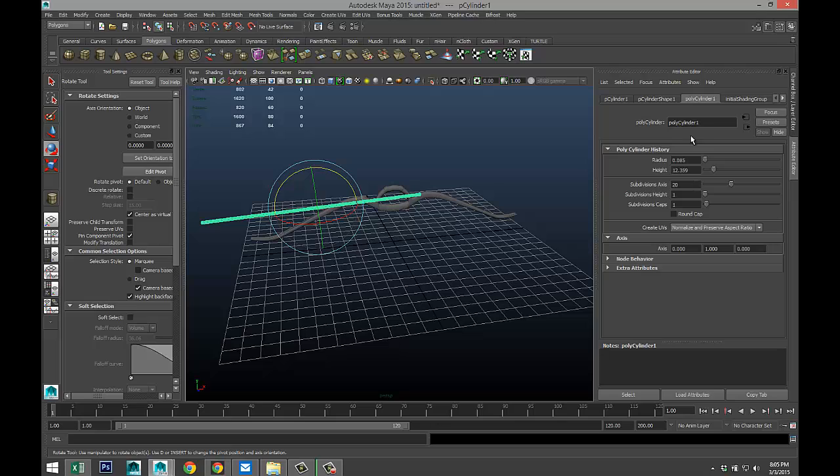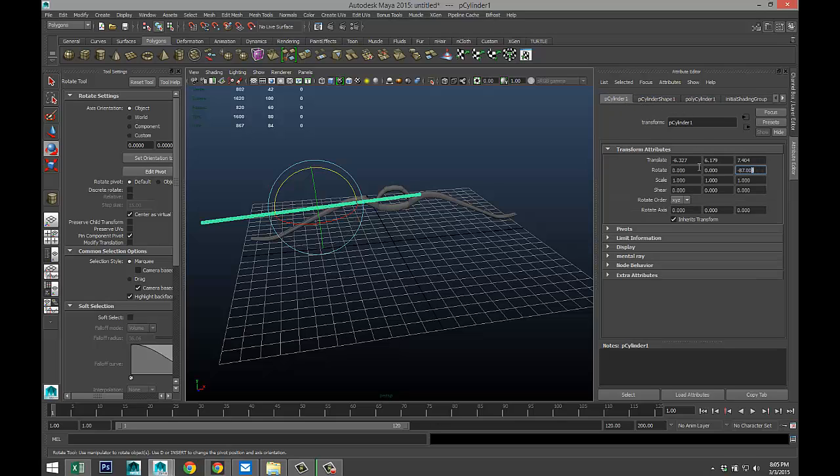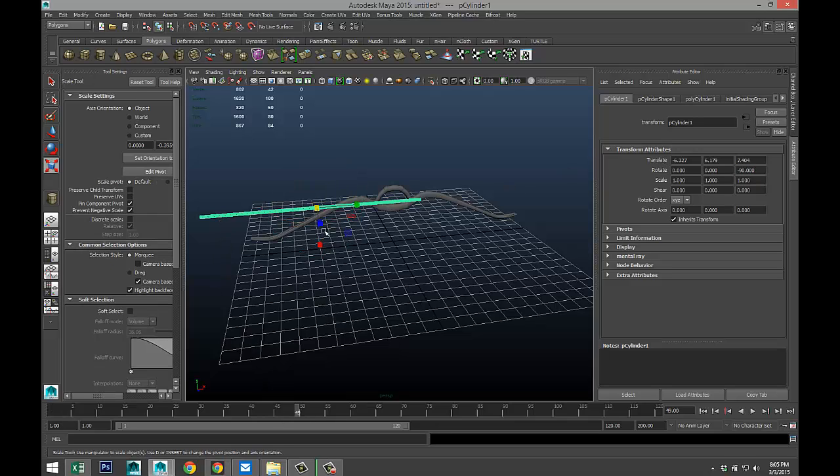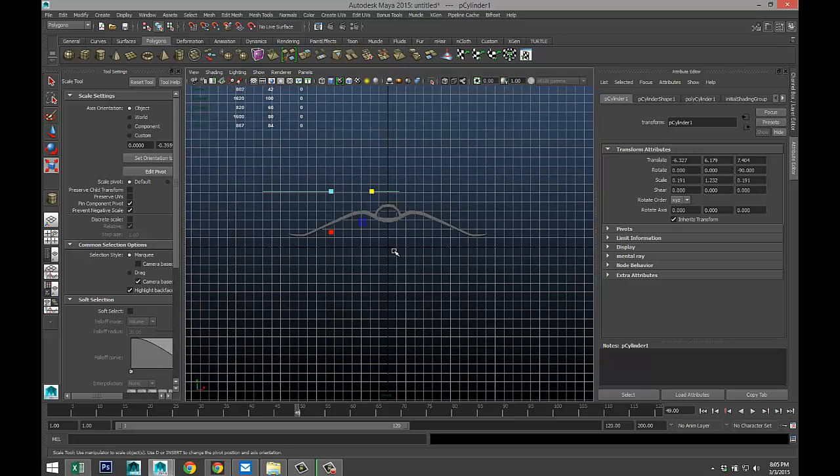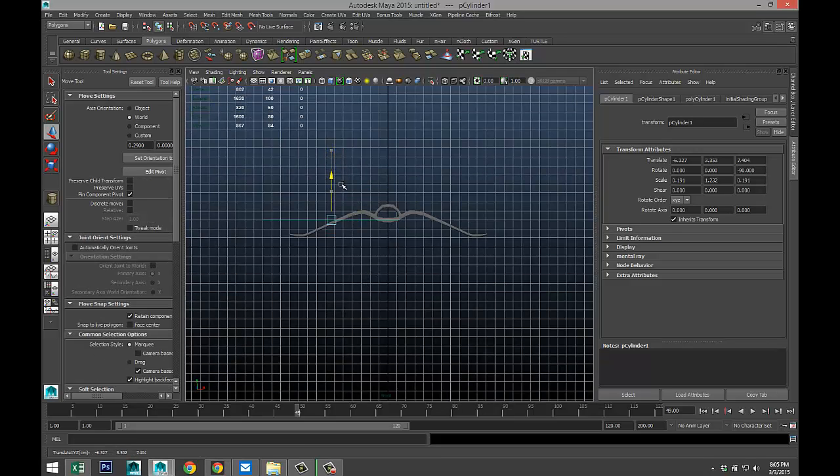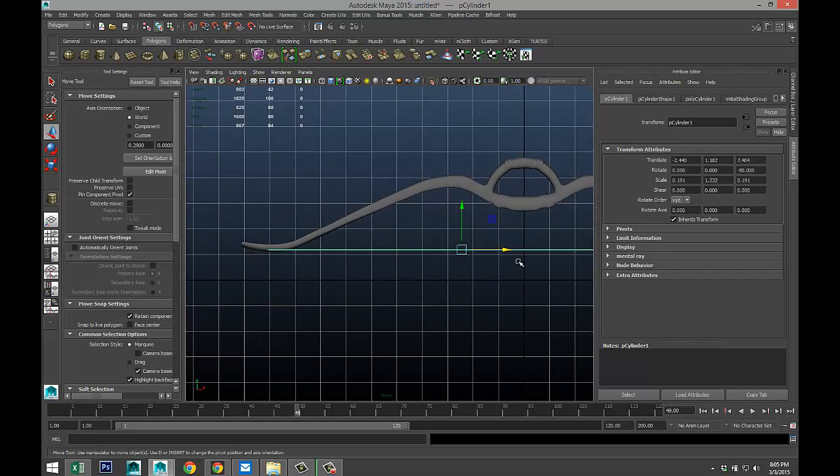Okay, yeah, we're gonna rotate that to -90. We're gonna select it, we're gonna hit R, and we're gonna scale it down quite a bit to make it nice and thin. And then we're gonna stretch it out. We're gonna go to this view right here. Hit W, bring that down and over. Hit F to zoom in.